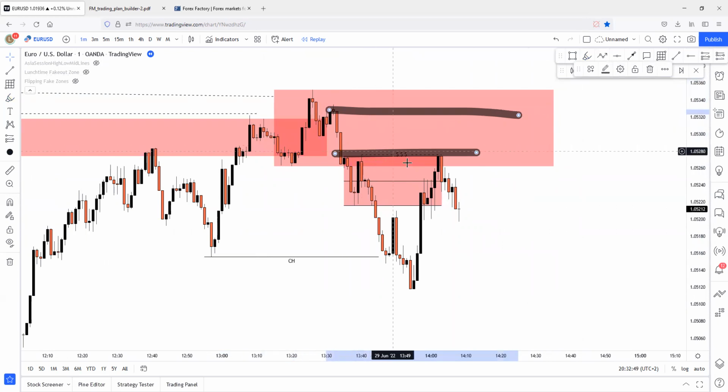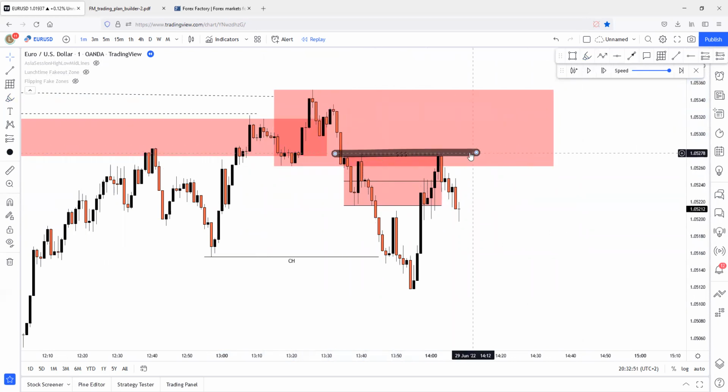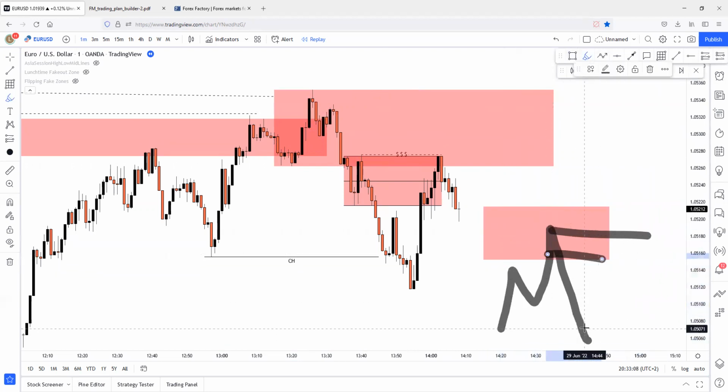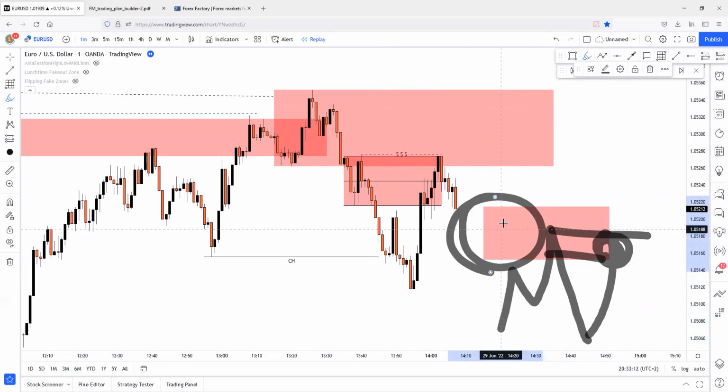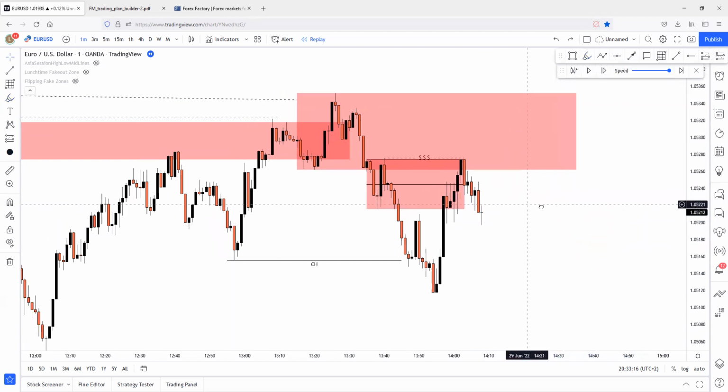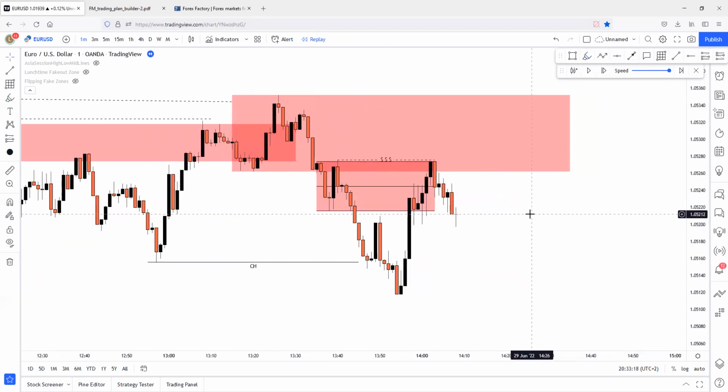This 1-minute zone is a lunchtime zone. So we can't set a direct limit order on this lunchtime zone because, as you know, every single lunchtime zone has a really high chance to be broken. And we can only take lunchtime zone trades if we confirm the lunchtime zone. So, for example, if price taps the lunchtime zone, mitigates it, and creates a change of character on this lunchtime zone, then we're able to take a trade based on this new supply zone because the lunchtime zone is being confirmed. But you can't directly set limit orders on lunchtime zones. This is really, really important, and I have to say this in every single session.